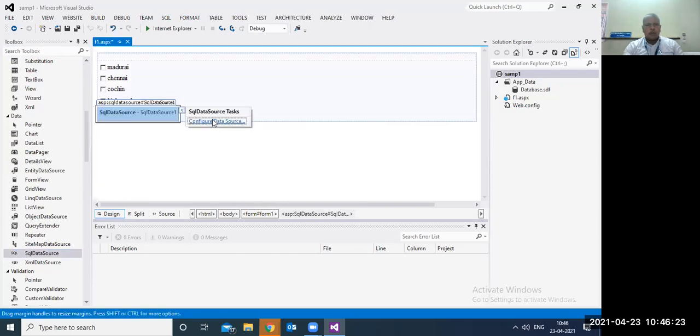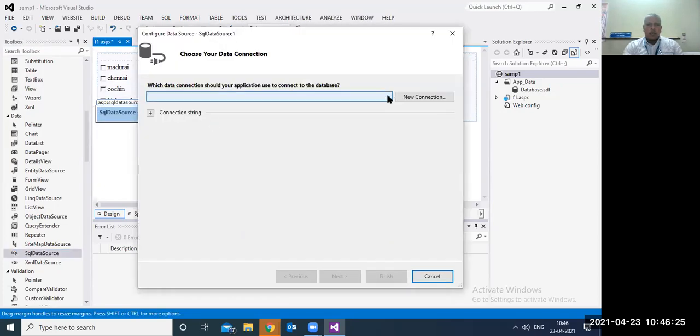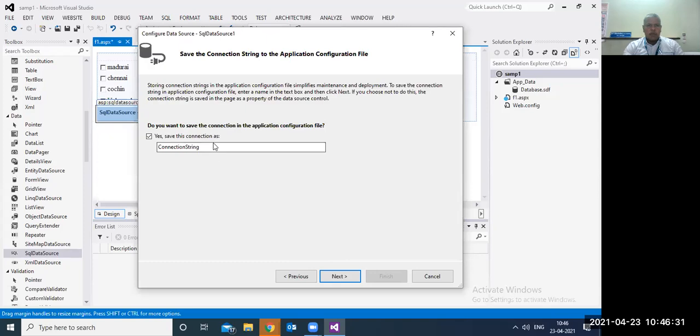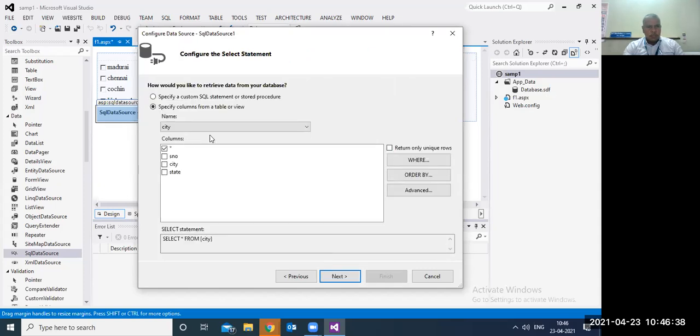That data source I have to configure. Okay, this is a database I've already developed. Connection name I want to give. Default name it will give. If you want to change, you can change. Otherwise, this is a city table. I want to take only cities. Then I put this query: select city from the table named city.